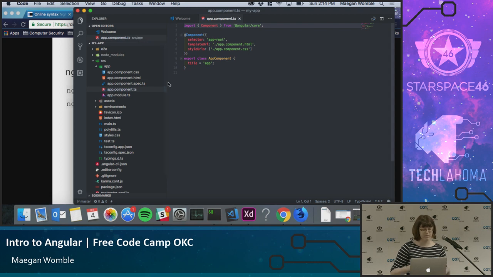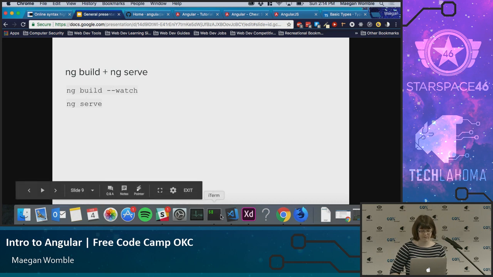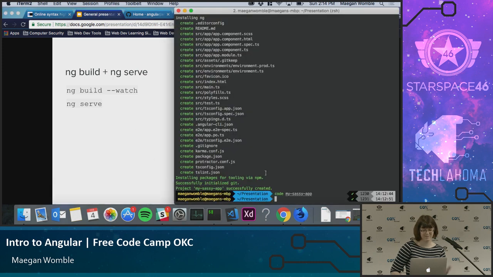So in order to build those files, in order to make them from TypeScript, as you can see right here with the .ts files, to turn them from TypeScript into JavaScript, what you need is ng build. So I'm going to go ahead and show you a little trick. You can do ng build, but what I always like to do, and this really isn't so much a trick as a common practice, but if you've never seen it before, it's really cool, is ng build